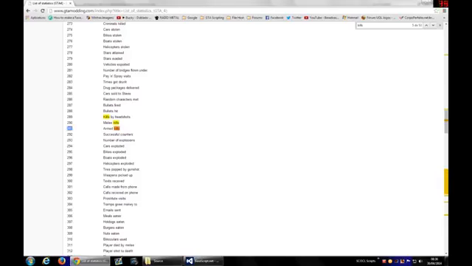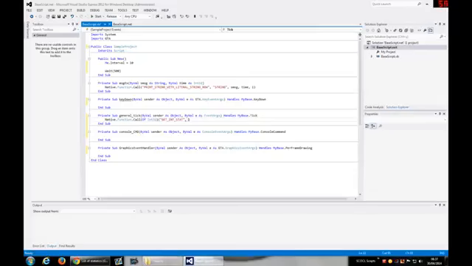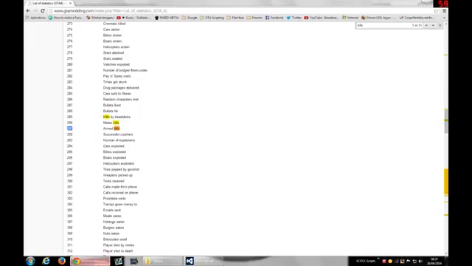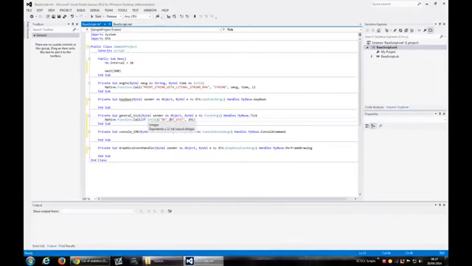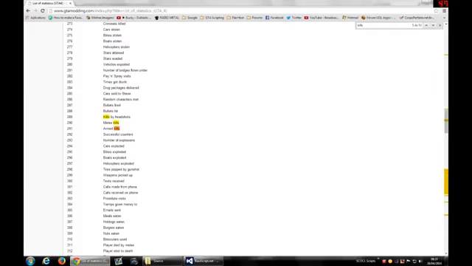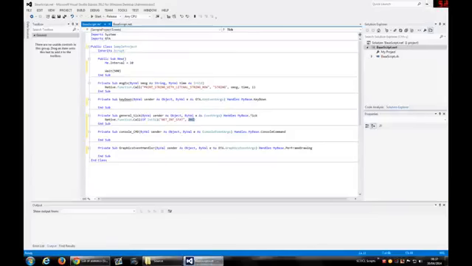Let's pick this one here, armored kills. Okay, this is what you have now. When I call this method, it will return an integer value that represents how many armored kills the user made.